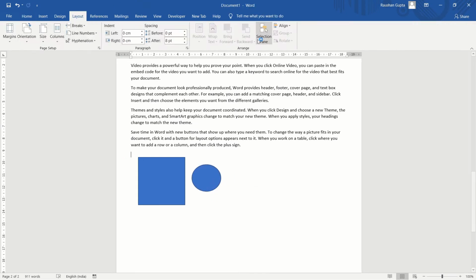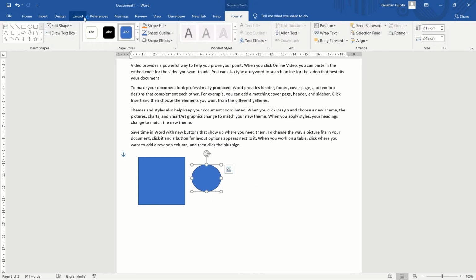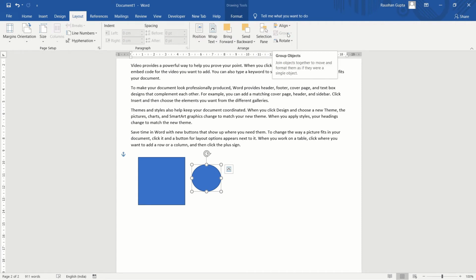Now we'll go to the layout tab. You can see that now also it is not highlighted. To highlight it, first select a shape, and again with control or shift you can select the other shape also. Now you can see that this group option has been highlighted. Now you can group both objects into one.